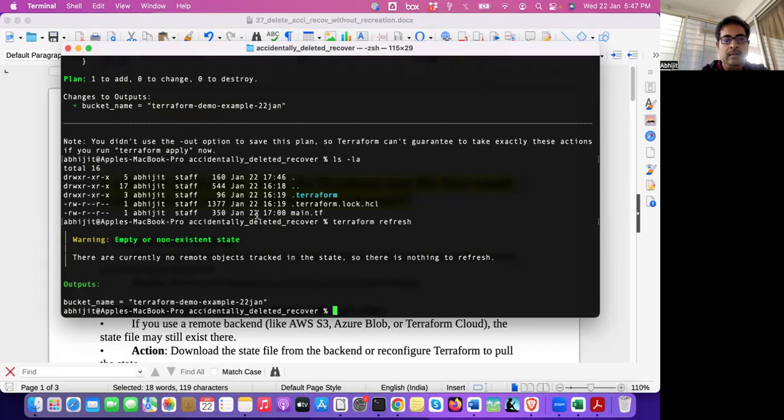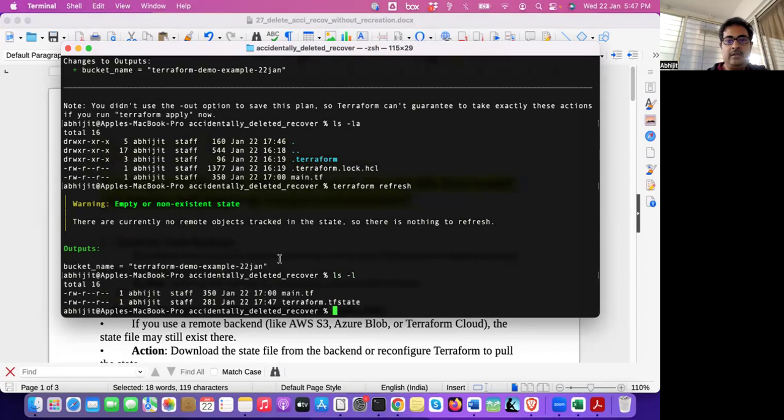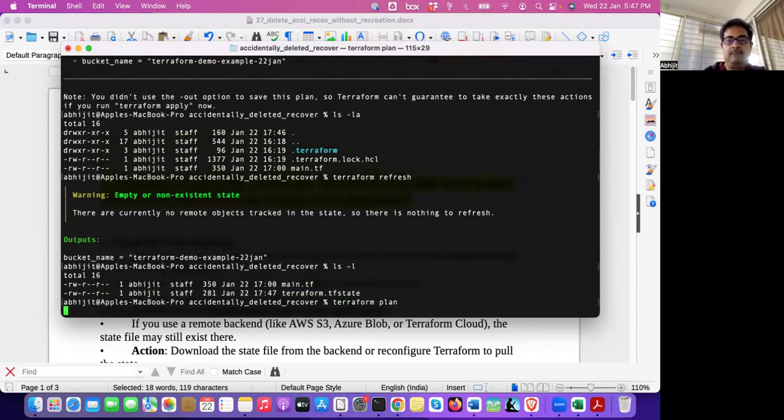Terraform refresh. Okay, it executed. So it's created some Terraform state file. Now if I run Terraform plan,